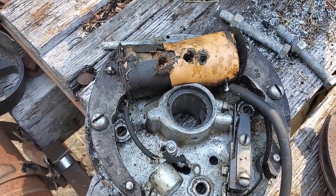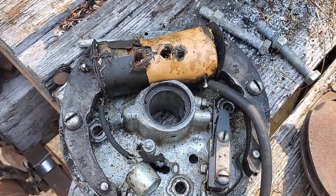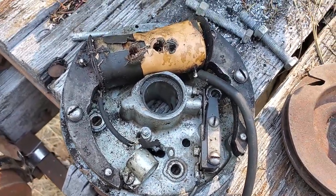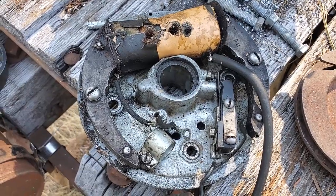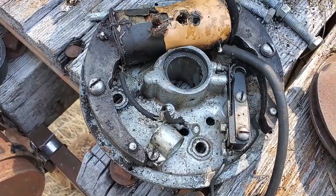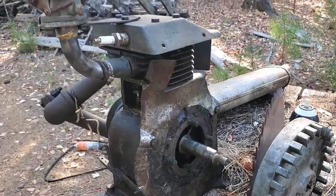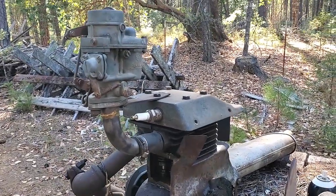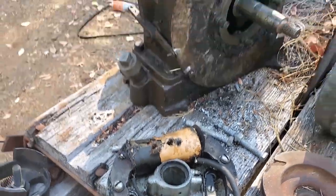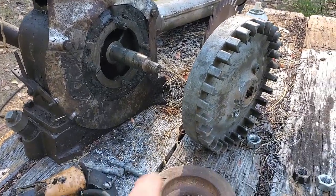If anybody out there knows where I can get one, let me know. Just trying to find that part. Very hard to find, considering this thing was made back in the 50s, 60s, or 70s. So if you have any idea where I can get one of those coils, anybody know where I can get a coil like that for this motor, goes in there inside of this thing,